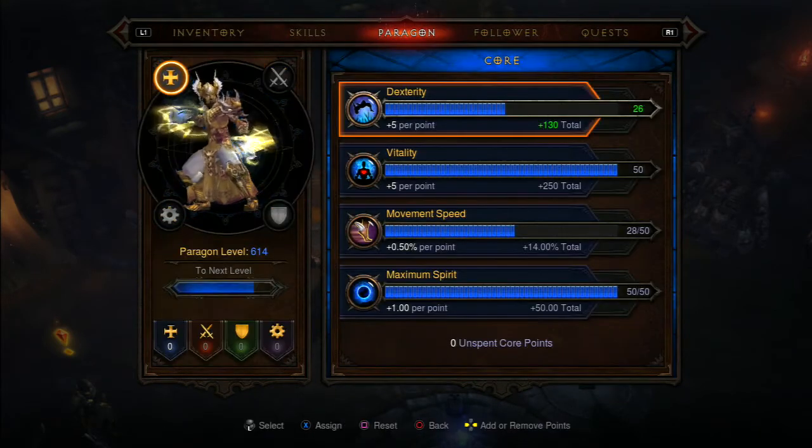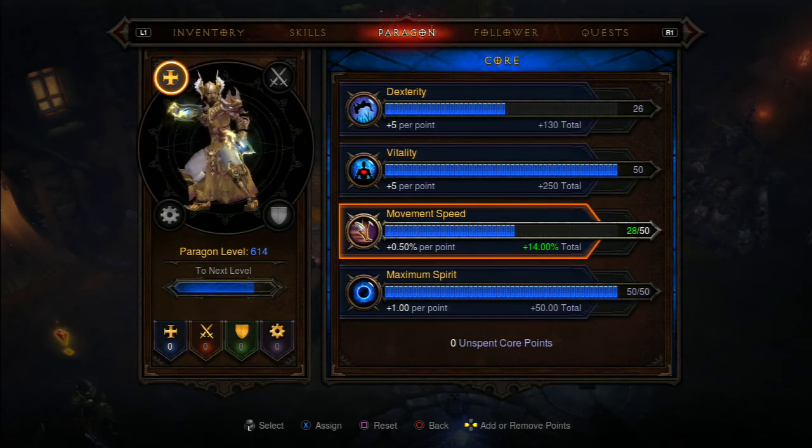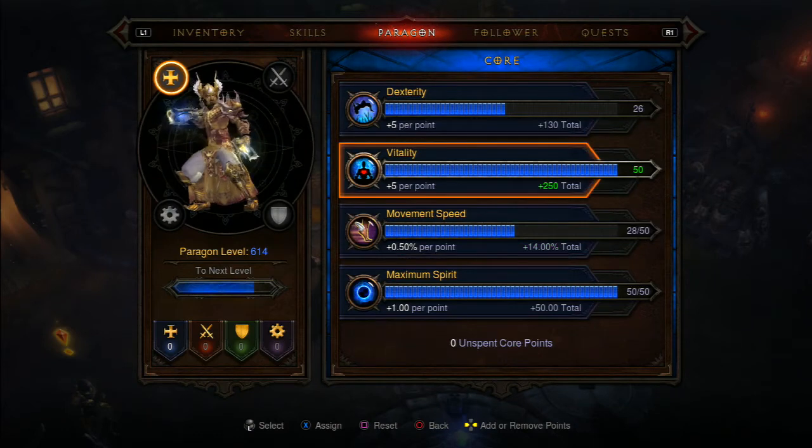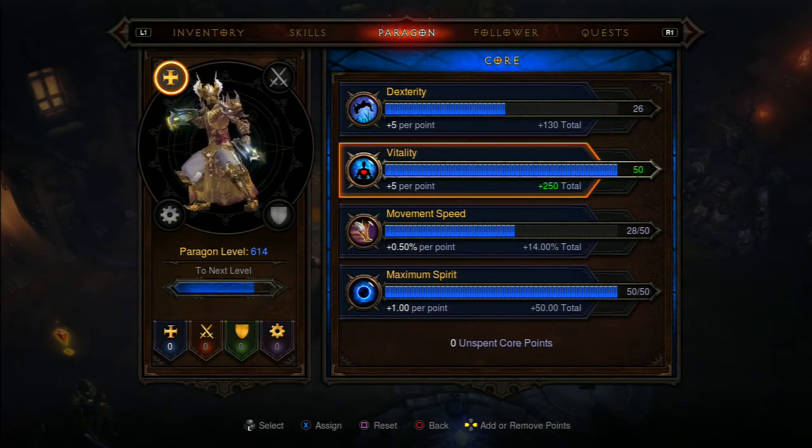And yeah, Paragon. First of all, maximum spirit, you need this a lot. Sadly, this build uses a lot of maximum spirit. Second, movement speed, of course, plus the boots' 25%. Whatever you need here, vitality first, as long as you have 100,000 points of life in Torment 6, you can